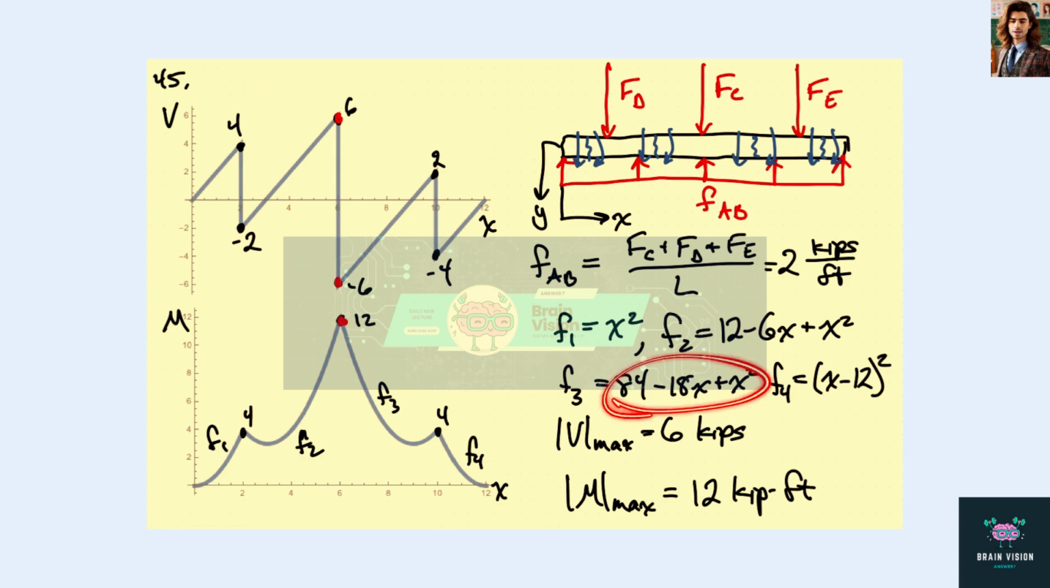And so now we have 84 minus 18x plus x squared for this curve, and then (x minus 12) quantity squared for this curve here. And so now we can see that the maximum bending moment occurs right at the middle here again. And again we can see we have this symmetry. And now the absolute value of that is 12